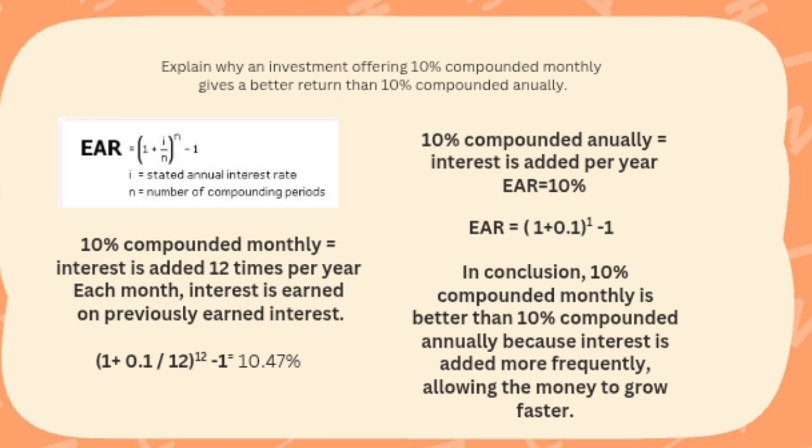In conclusion, 10% compounded monthly is better than 10% compounded annually because interest is added more frequently, allowing the money